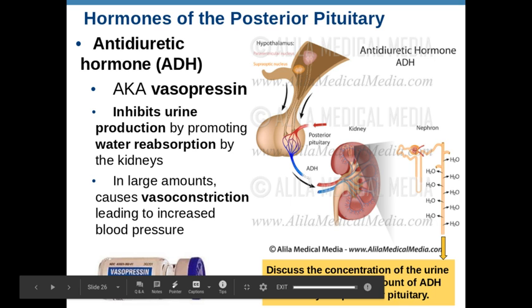And so when, for example, you're not drinking enough water, then your brain tells your body to secrete antidiuretic hormone, because you're not drinking enough water. We need to hang on to the water that we have. So when you go to the bathroom and you're a bit dehydrated, then your urine is going to be very concentrated,